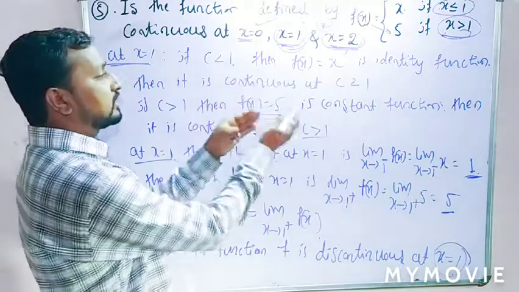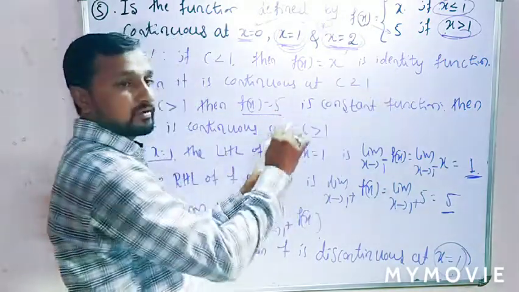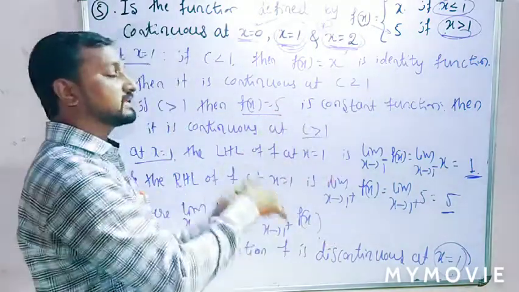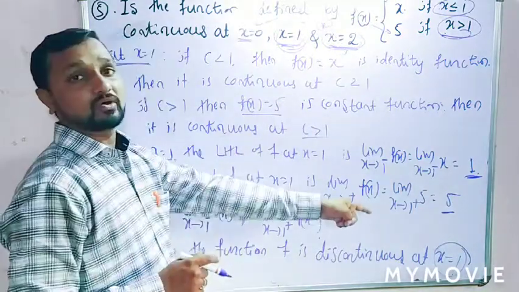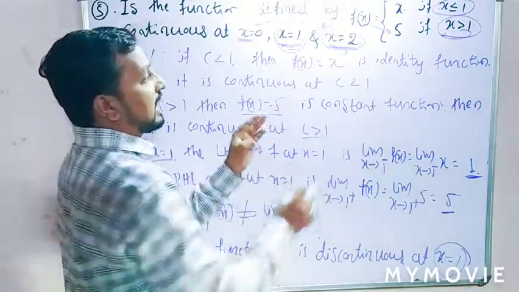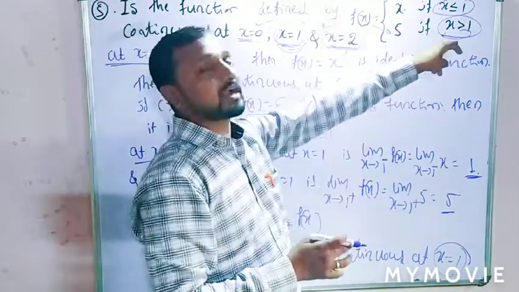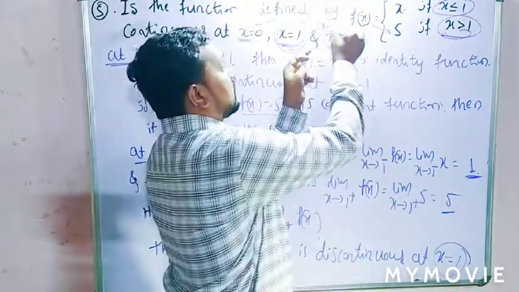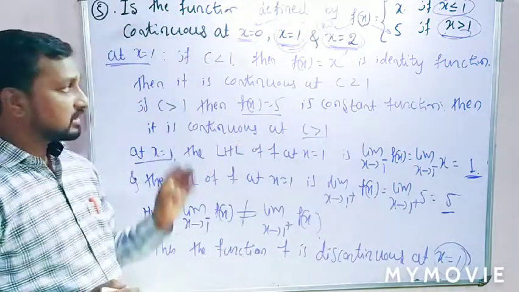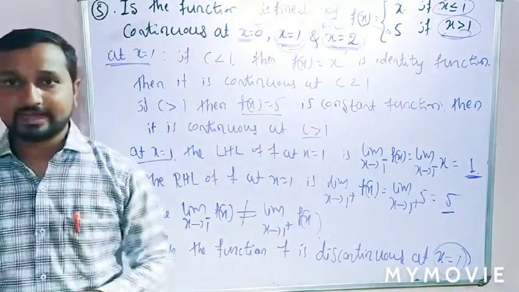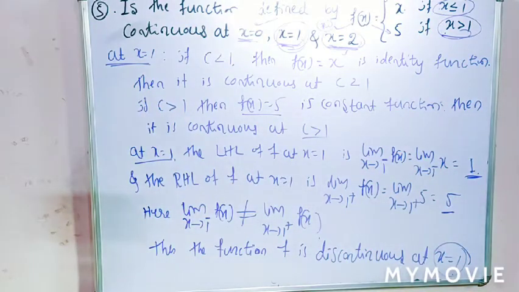It is continuous at every real number less than 1 and every real number greater than 1, but at x equal to 1, the function is discontinuous. So the function is discontinuous at only the one particular point x equal to 1, and at x equal to 2 it is a continuous function. So this is your 1. Is that clear? So read carefully. Write this example and solve at x equal to 2. Okay.